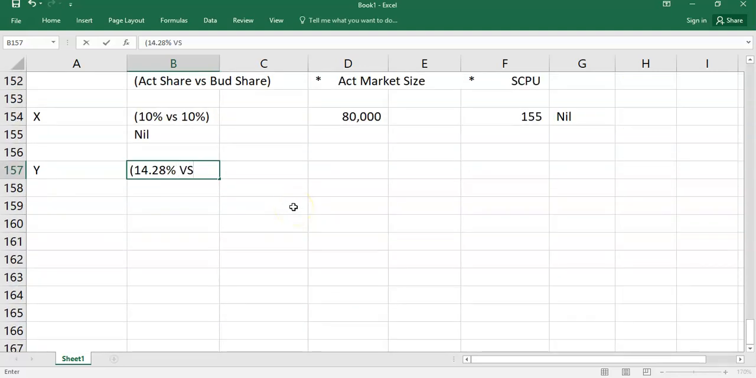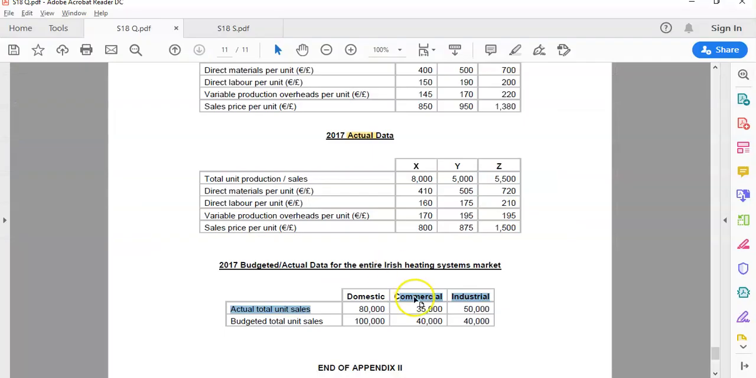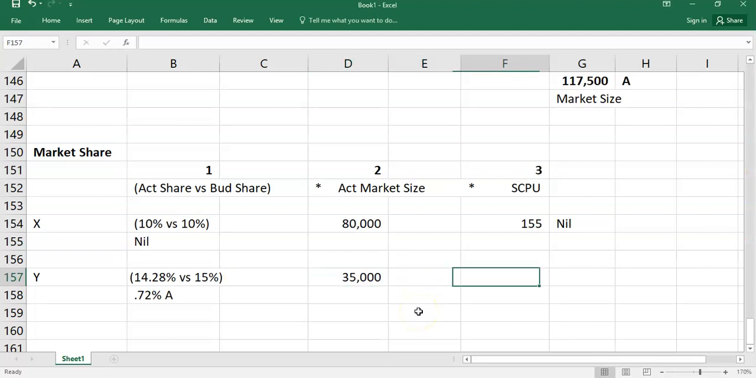Compare that to the 15%. You're going to have an adverse variance. So 15 minus 14.28, which is 0.72% adverse. You're going to have an actual market size, which was 35, and the standard contribution per unit here was 90. So essentially what you're saying here is, because your market share is lower than expected, you're going to lose out. Now, the difference here, and I'm not going to round, I'm going to say it's